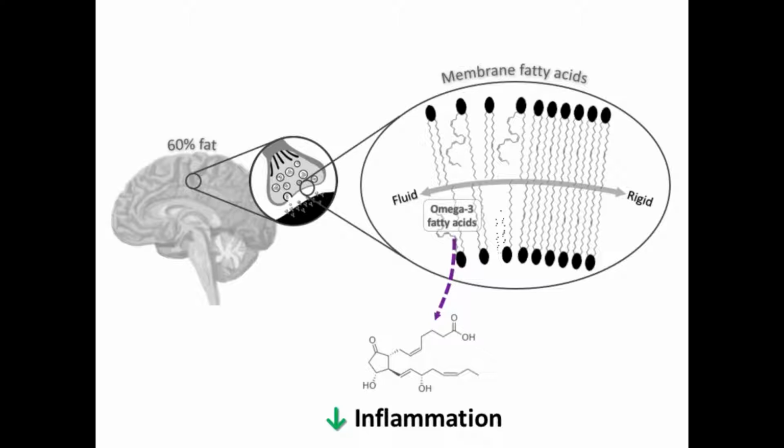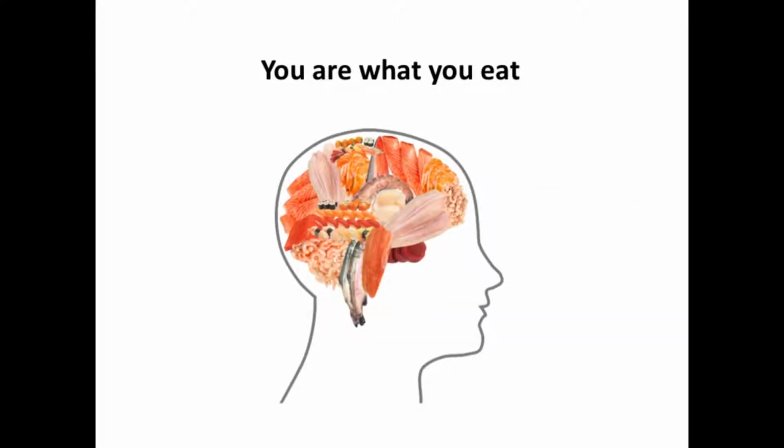But this role in membrane fluidity and inflammation is not the reason that we call omega-3 fatty acids essential fatty acids. That is because we can only obtain them from diet. So this may give ground to the well-known proverb, you are what you eat, given that also your brain consists of fat that you can only obtain by diet. And that may make you reconsider your dinner choice this evening, given that we eat less and less fatty fish, which is the main dietary source of these omega-3 fatty acids, since industrialization, thereby risking an omega-3 fatty acid deficiency.